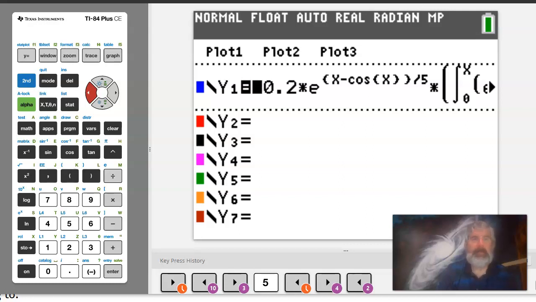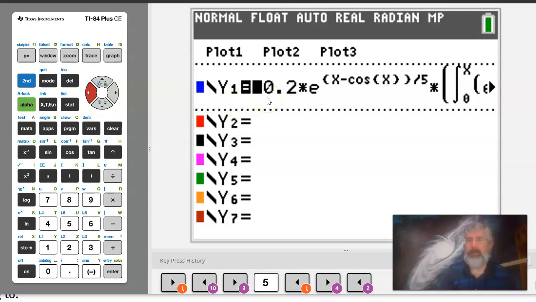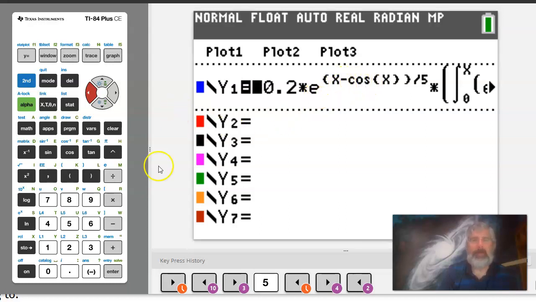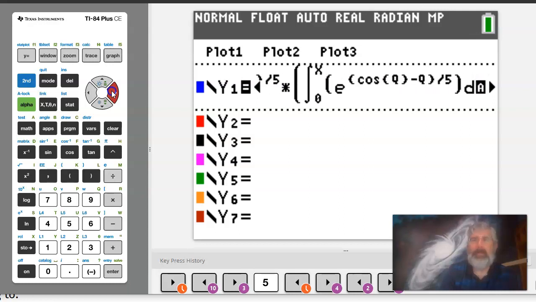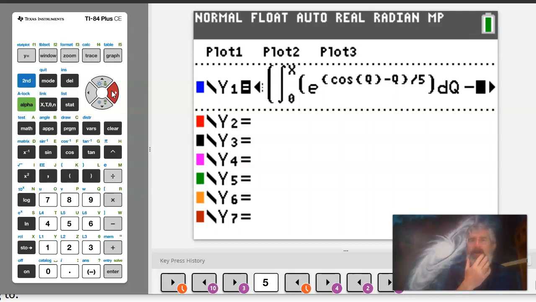All right, I've got a TI-84 Plus emulator here, and what I've done is, into the y equals, I've typed in the function that I had written on the page. So negative 0.2, that's the 1 divided by 5, times e to the x minus cosine x divided by 5 times the quantity, the integral from 0 to x of e to the cosine q minus q over 5 dq